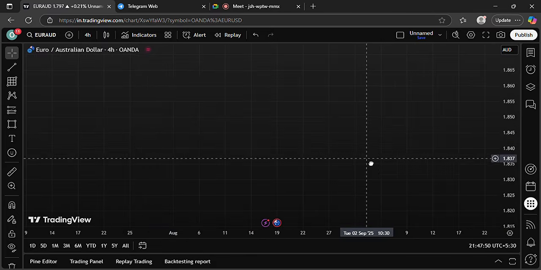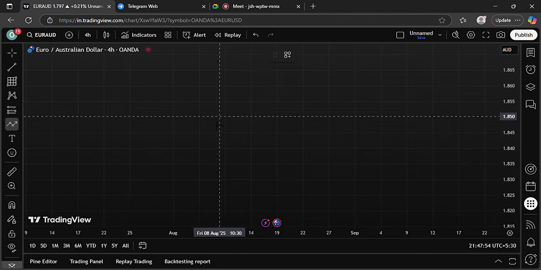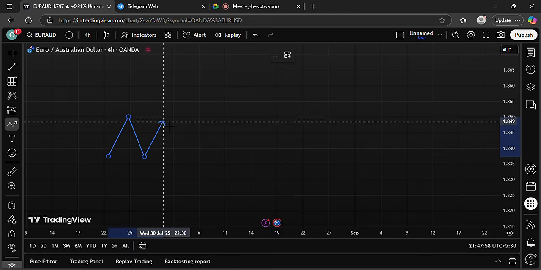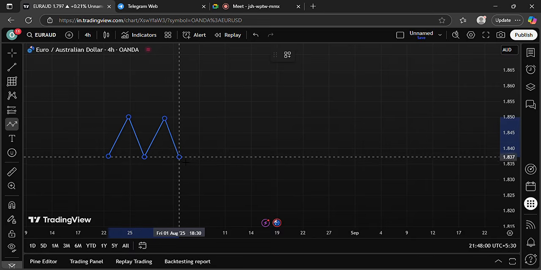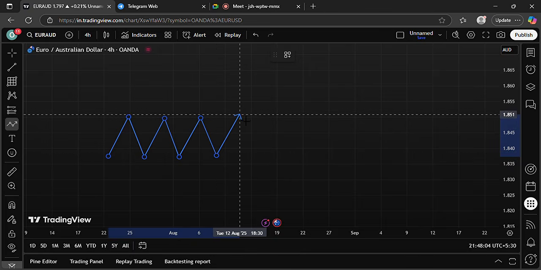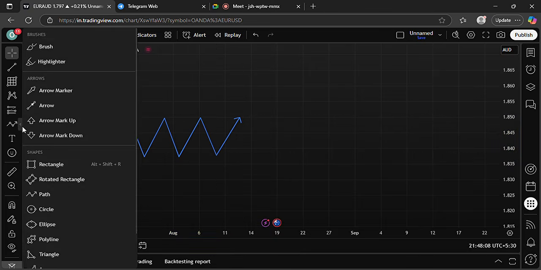So let's start our class today. We will start from liquidity pools. Okay, so this is our liquidity pool. Price moves in a small place, like from here it goes